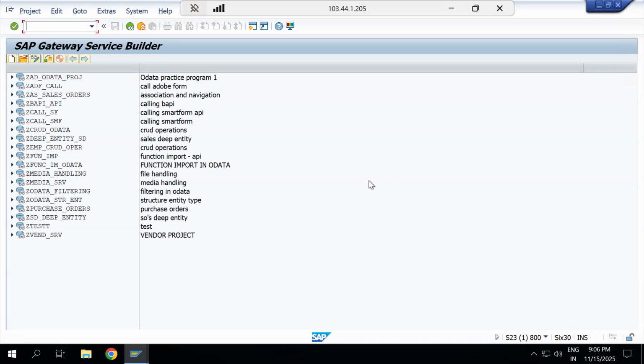For example, when you download successfully. When you go for the selection screen validation and the user does not provide any input, please provide input. When the user gives input which does not relate to a database record, please enter correct input. Like this, we are raising messages so that the user could have the confirmation